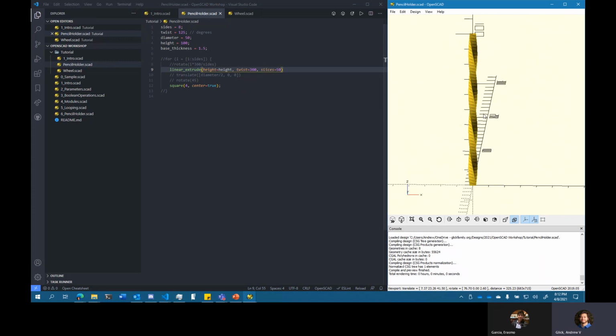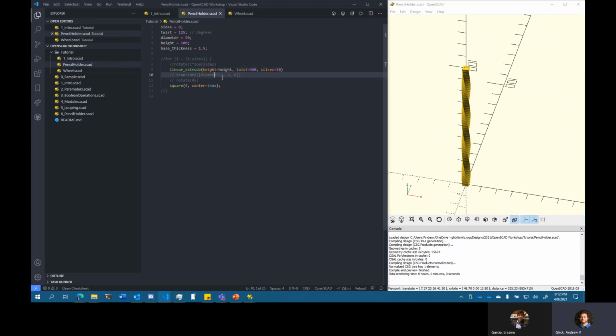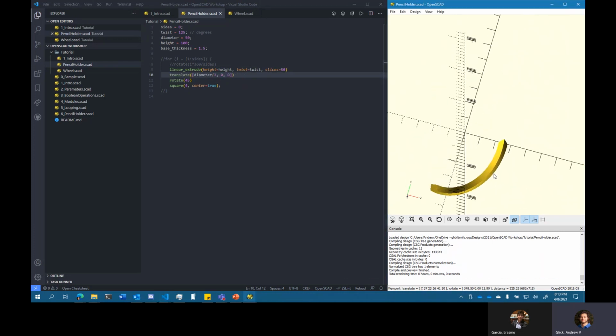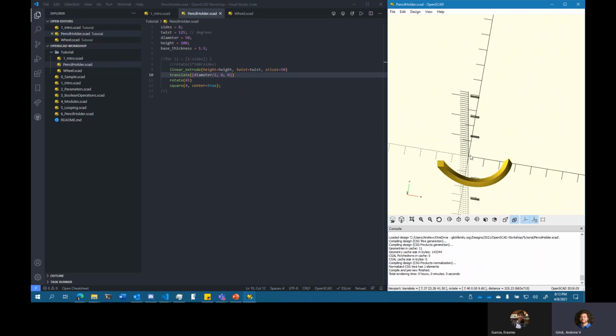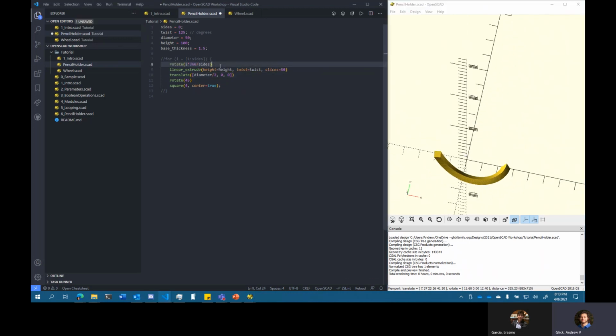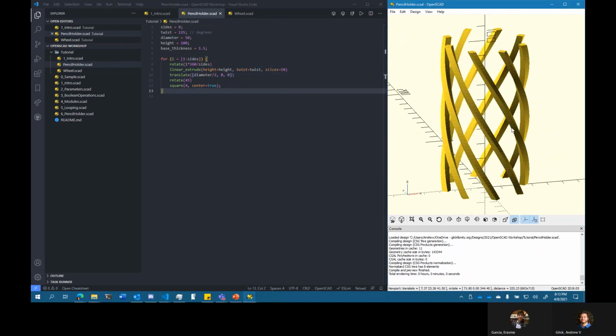Oh, that increases it in this case, to make it a bit finer. But what we can do, I'm going to put this back. Twist is if we rotate, which we did before, it doesn't do much. But if we translate it, now it's going to be twisting, the linear extrude is about the origin. So when we apply this for loop, we get this really cool helix, which is